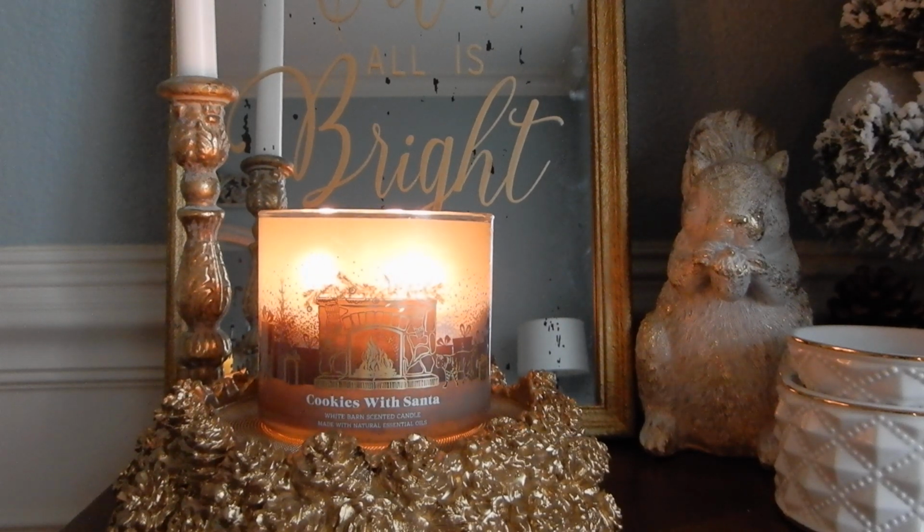I just like getting a little bit more mileage out of them, only because I am not the type of person that has 8 candles going at a time. I used to be that person. I would burn so many candles all over the house. But when we lived in our last house, I discovered the amount of soot that produced, and it caused me to have to repaint our house. We were going to remodel it anyway, and so it was probably going to need a new paint job, but I had to repaint all the ceilings in the house at the old house,